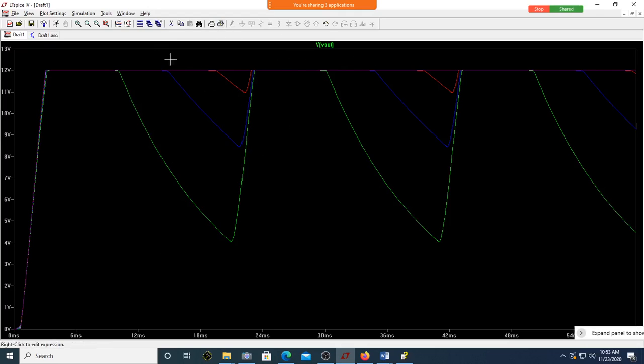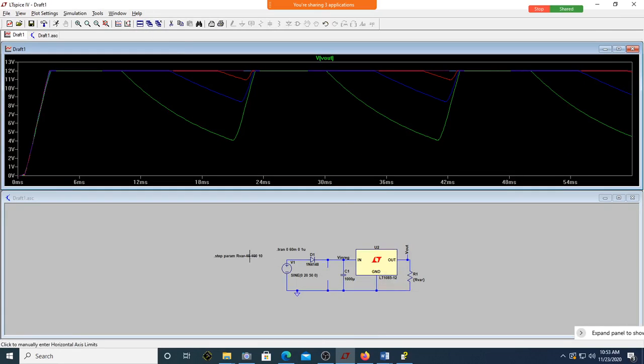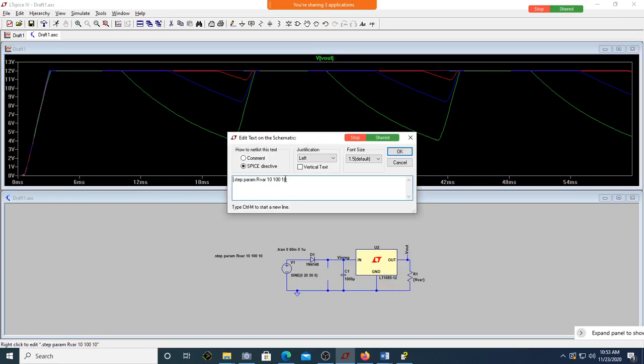Actually, how many such plots are you supposed to have? You would have had 0, 10, 20, 30, 40 up to 100. You would have had 10 lines, but you have only 3. The others are overlapping here. So I'll do it one by one. I'll make it from maybe 70 to 100. If I run it,